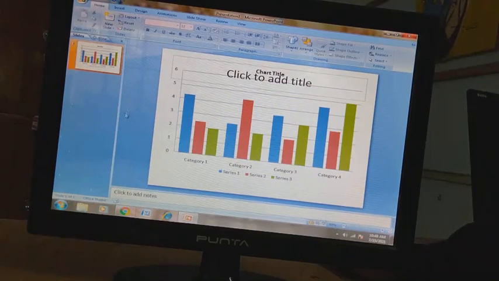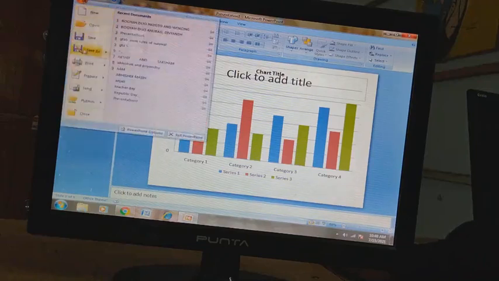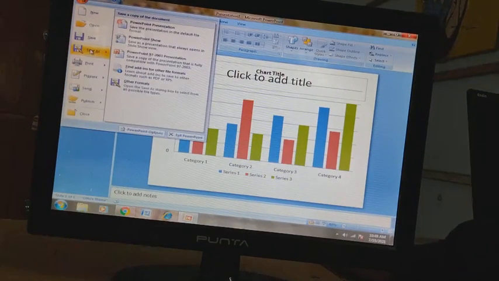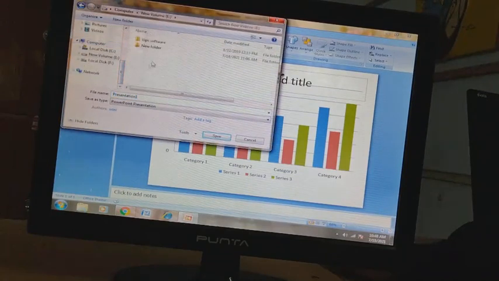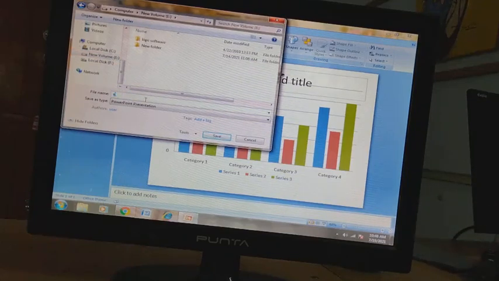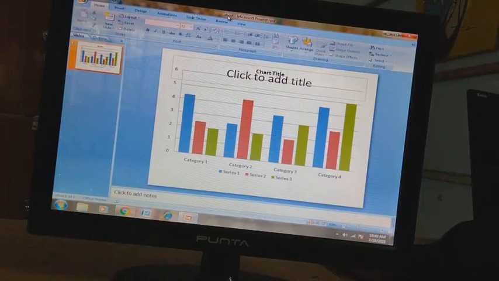How to save this? You can save it by clicking on the Office button. You have the Save and the Save As options. If you want to save a new file, then you have to click on Save As. Then it will ask for the path where you want to save, in My Computer, in local disk E or F, wherever you want to save. And you have to give the name here, file name ABCD. You have to give the file name and then click the Save button. It is saved by the name ABCD.